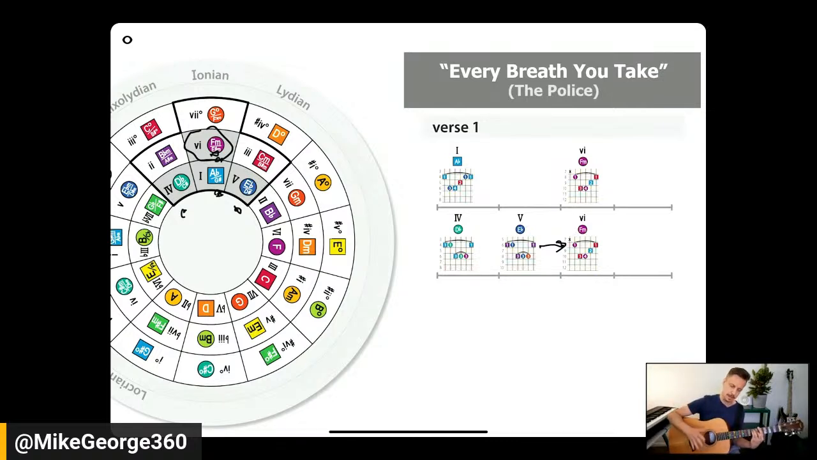Instead of ending on that very satisfying, very settling 1, it goes to a more unsettling 6, which kind of adds to that. They're playing with us. The police are playing with us. Instead of that resolute, stabilizing 1, they go to the deceptive 6, which is unsettling, and then also brings us to the chorus, which is,